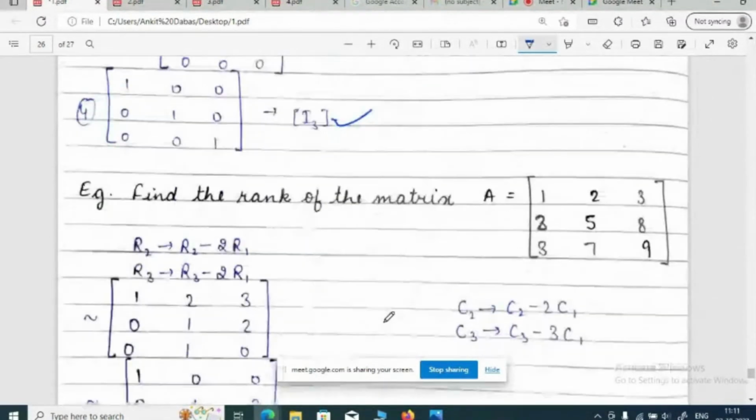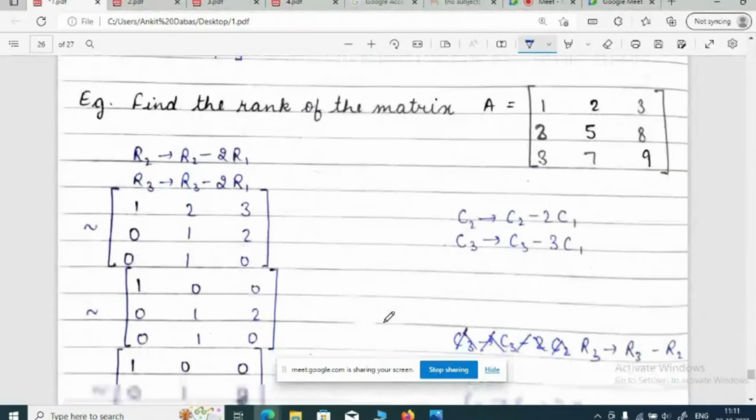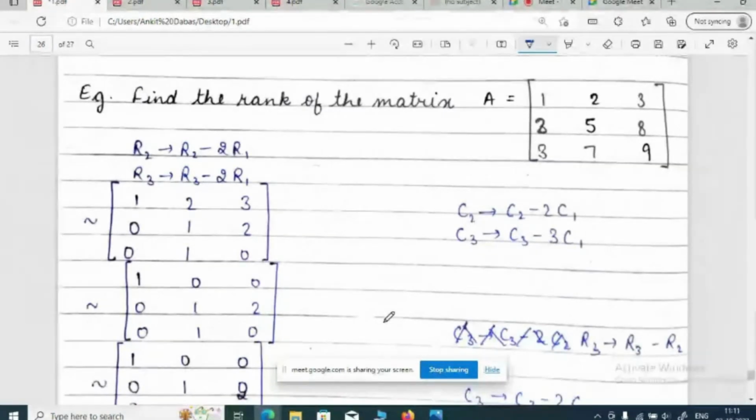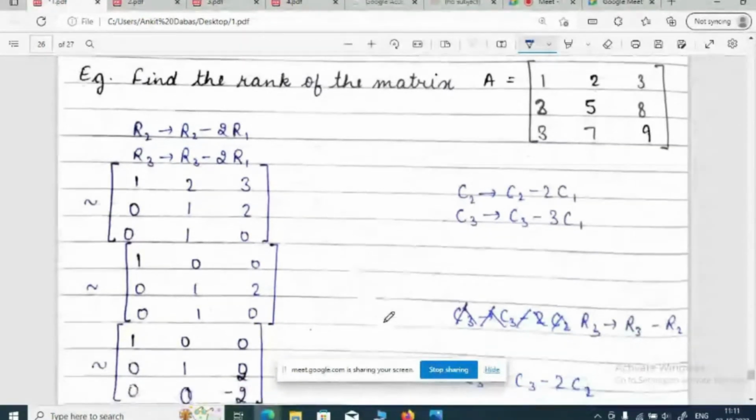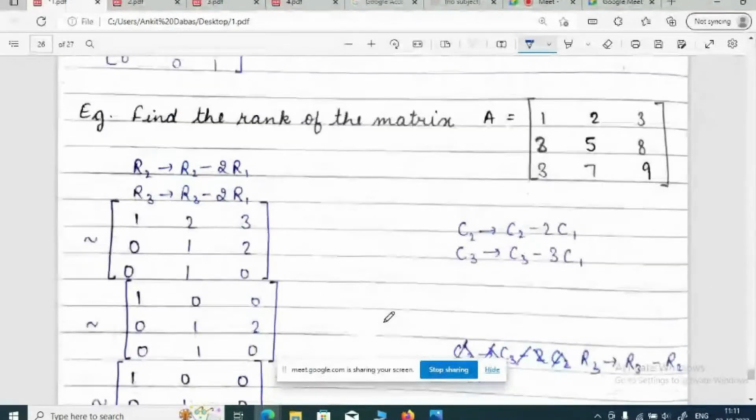Let us now compute the rank of a matrix by row operations. Sorry, column operations. We can use row operations as well as column operations, any operations we can use. So here we have the matrix 1, 2, 3, 2, 5, 7, 3, 8, 9. First we are taking R2 changes to R2 minus 2 R1. So that will be